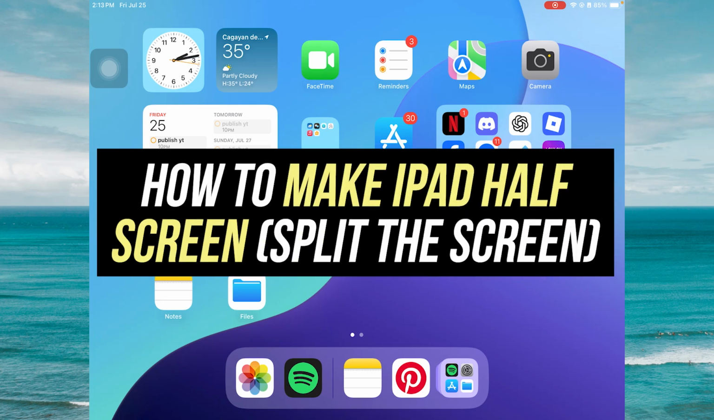Hey guys, today I'm going to show you how to make iPad half screen and how to split the screen